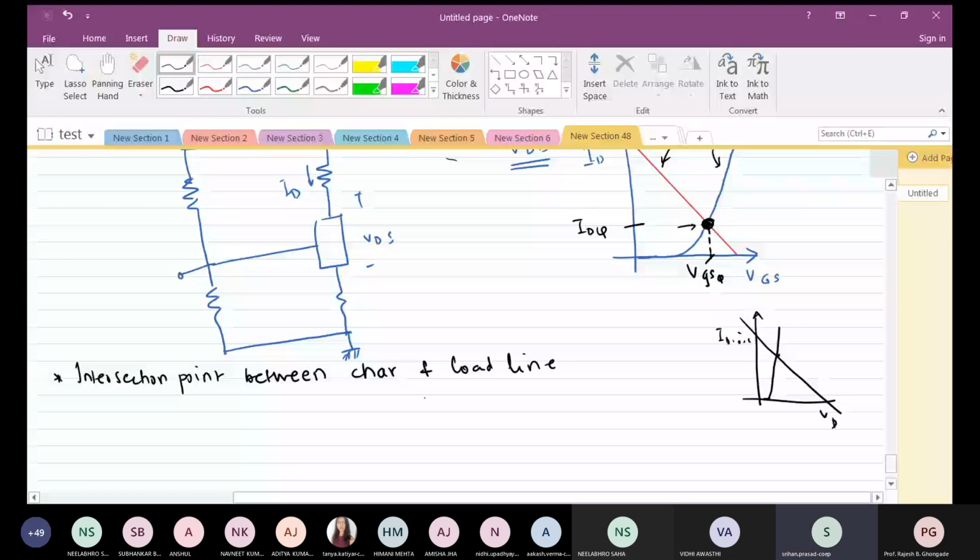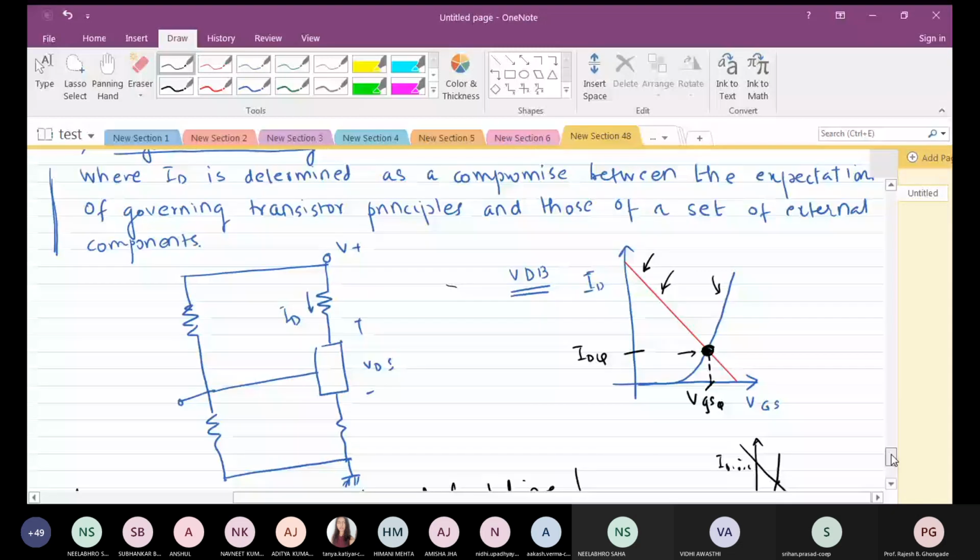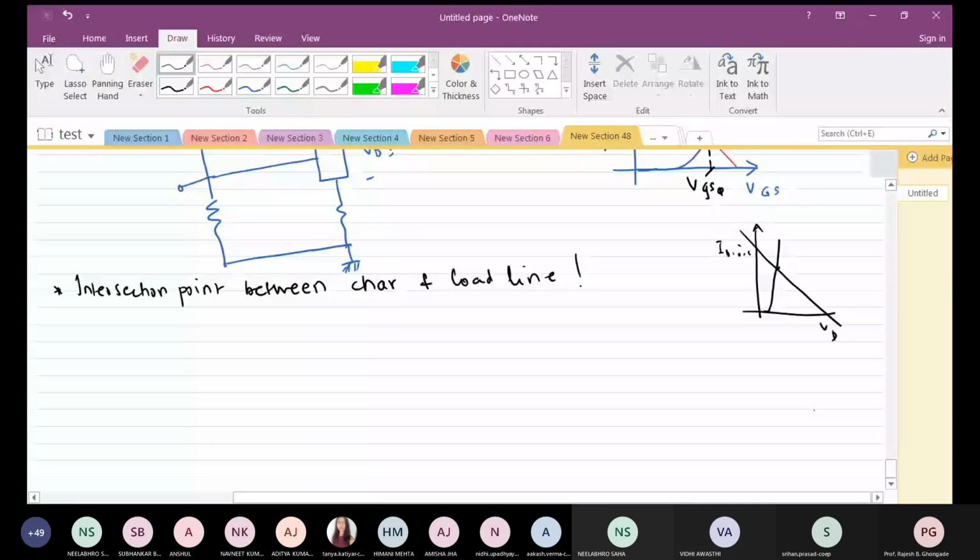So how do you find out? There are various ways. One is graphical, which you must have used in your JFET. And the other is to simply solve simultaneous equations. These two equations you solve simultaneously to get the common point. That is the solution. This is the entire exercise of simultaneous equations. Now let us see the next type of bias. We are going to have an example for negotiated biasing.